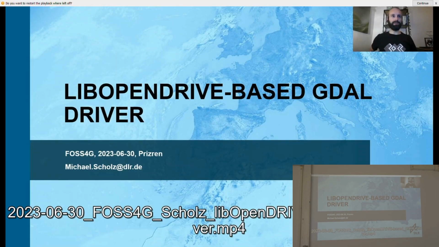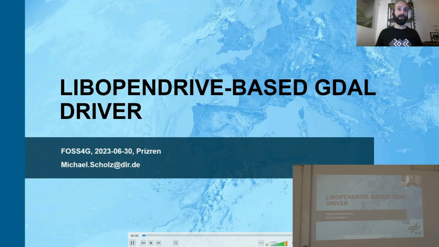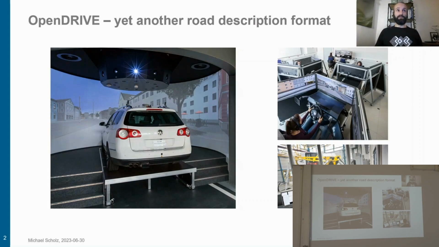Hello everybody, my name is Michael, and now I'm going to tell you how my student Gershon and I are using libopendrive to convert OpenDRIVE road network datasets through the GDAL library into GIS-friendly geodata formats, which we can later use in QGIS, for example. This OpenDRIVE format comes from the automotive engineering domain, where it was previously mostly